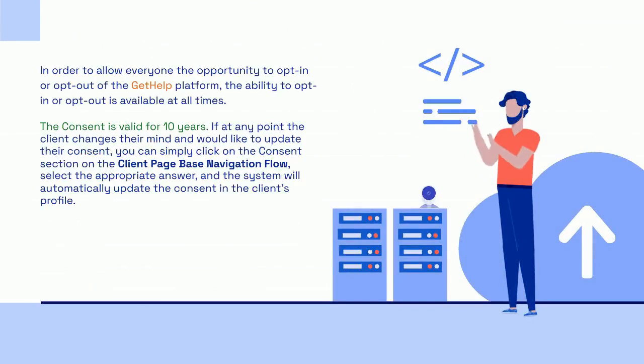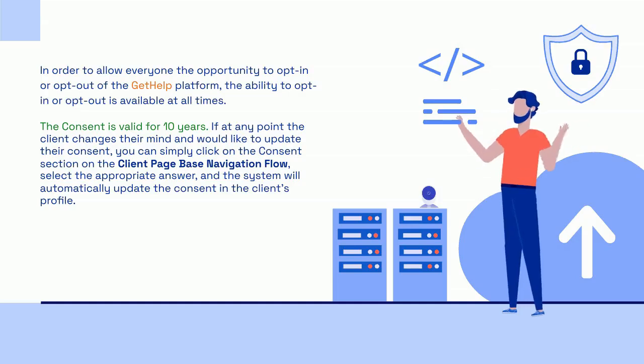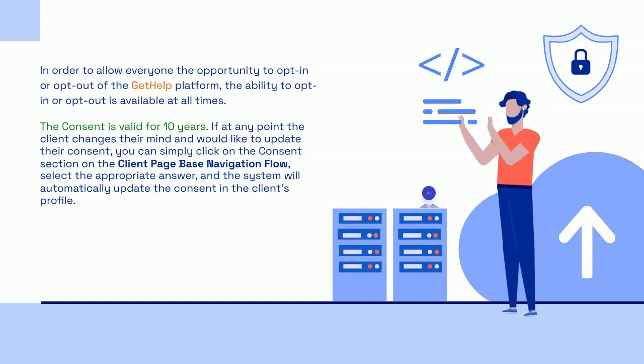In order to allow everyone the opportunity to opt in or opt out of the GetHelp platform, the ability to opt in or opt out is available at all times. The consent is valid for 10 years. If at any point the client changes their mind and would like to update their consent, you can simply click on the consent section on the client page-based navigation flow. Select the appropriate answer, and the system will automatically update the consent in the client's